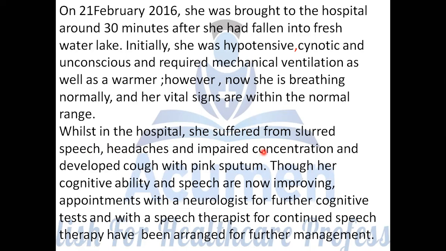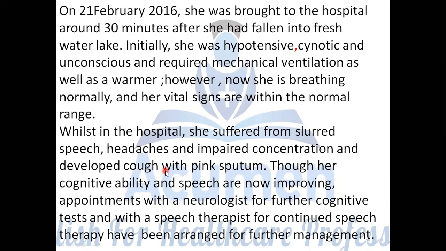Instead of that, I converted all those issues into a noun or a noun phrase. So she suffered from slurred speech, headaches, and instead of saying her concentration was impaired, it is impaired concentration, and